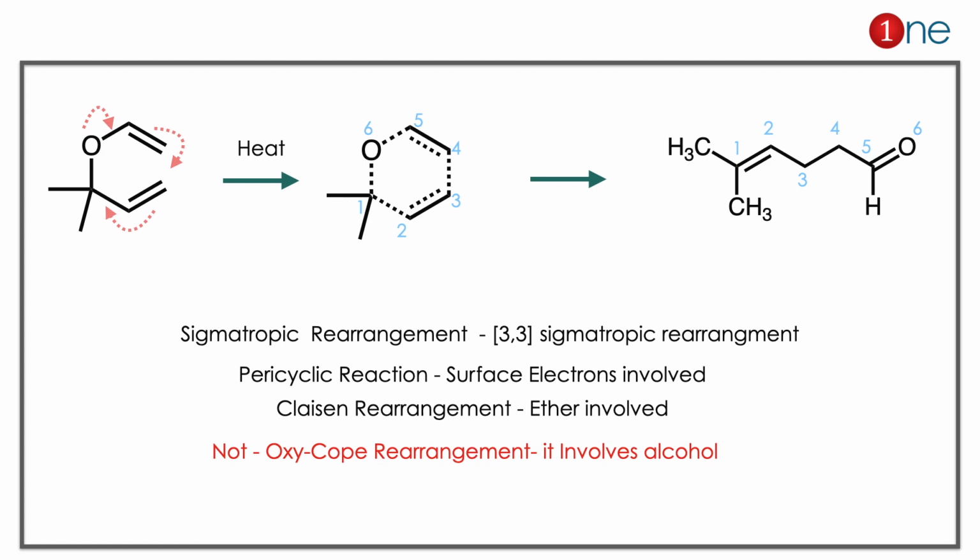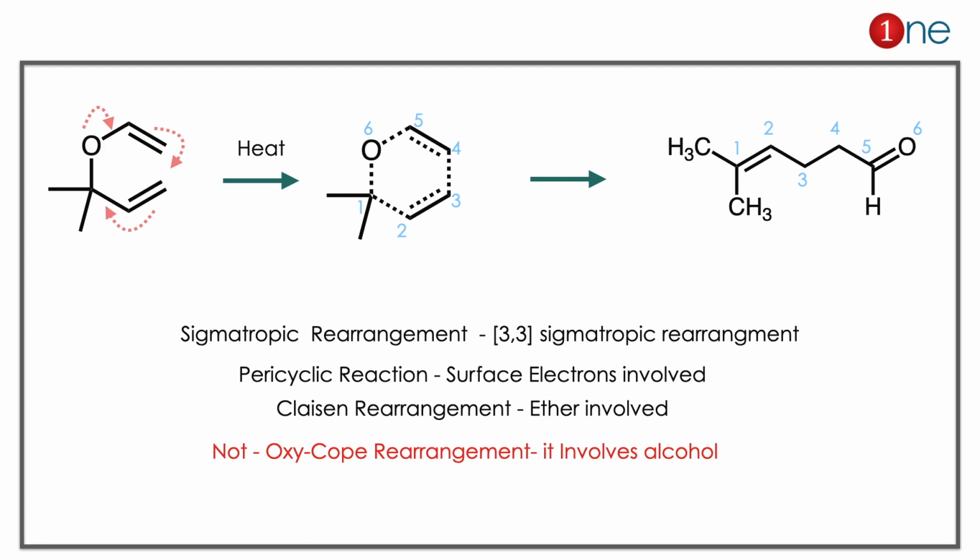So new bonds are forming and double bonds are loosening up. Then the final product will be the migrated one. You have the final product. So what really happens is a pericyclic reaction is involved because the pi electrons are involved. Definitely the allyl group attached with oxygen also migrates. So definitely it's a Claisen rearrangement.